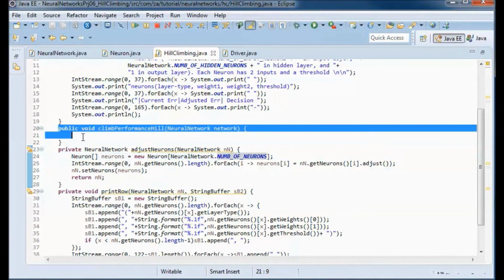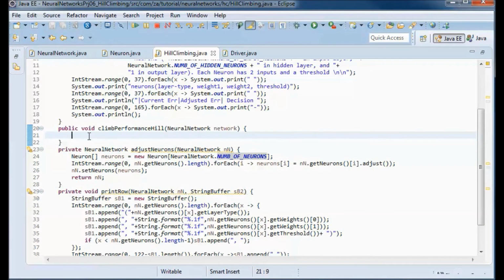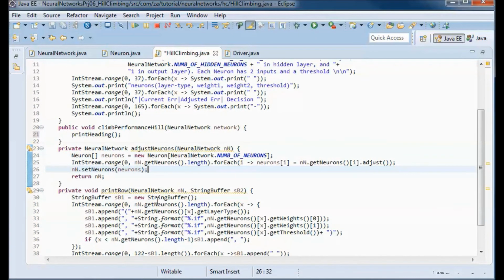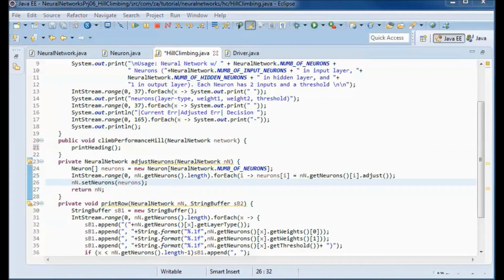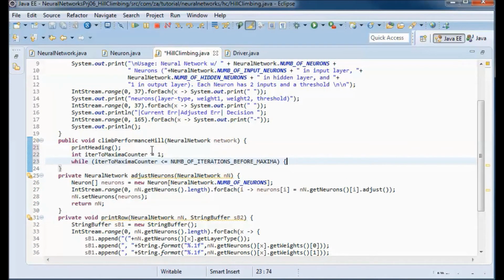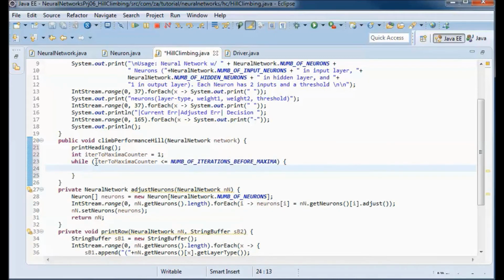Now here we will start by calling the print heading method, and we will have this index and a while loop while this index is smaller or equal to the number of iterations before maxima.